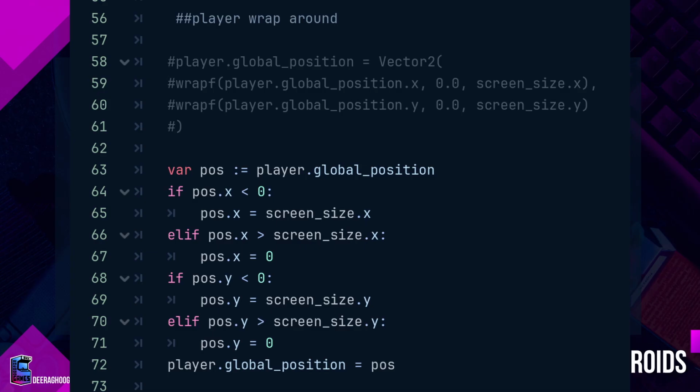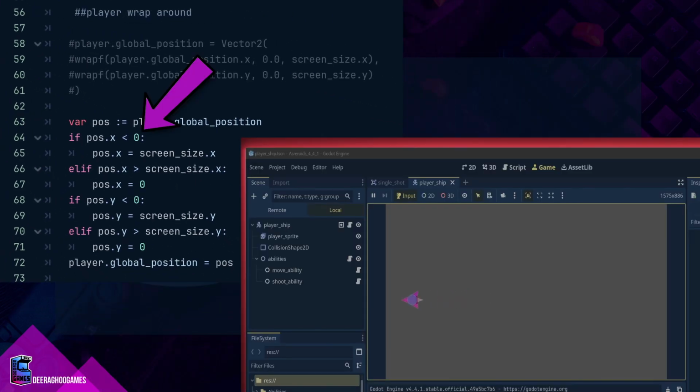In the original version of the wraparound code, the player's global position is checked manually to see if it has gone off the screen. If the X position is less than 0, meaning the player moved off the left edge, it's set to the screen's width, making the player reappear on the right. Similarly, if the X position is greater than the screen's width, off the right edge, it wraps to 0, the left side. The same logic applies to the Y direction. If the player goes off the top or the bottom of the screen, their Y position is reset to the opposite edge. This method works, but involves multiple if and else if statements, which can get repetitive and clutter the